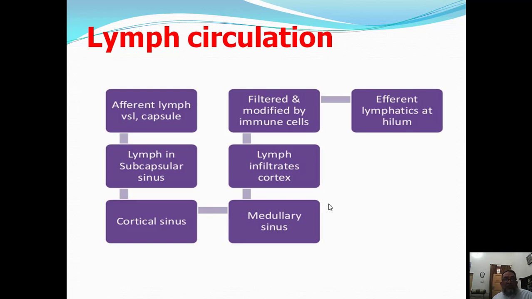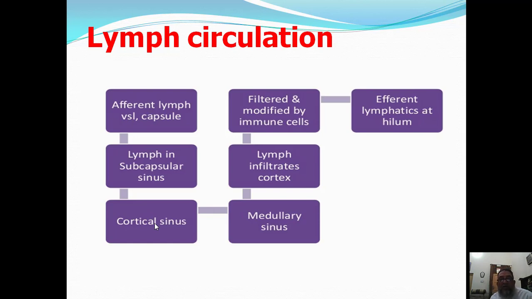लिम्फ सर्कुलेशन कैसी होती है जनाब? कैसे लिम्फ आता है और कैसे ड्रेन होता है। आफ्फरेंट लिम्फेटिक जो हैं वो एट द पेरिफेरी, जो से कन्वेक्स बॉर्डर है लिम्फ नोड का, वहाँ से आएंगे। They will enter into the subcapsular sinus, passing through the capsule, and all the lymph is thrown into the subcapsular sinus. Then comes the cortical sinuses. The cortical sinuses are present alongside the cortical lymphatic nodule, along with the septa present in it.